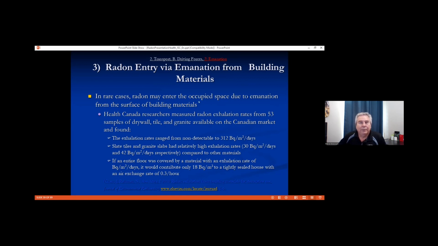So an example here, we have one home, 312. It was sitting on a granite countertop, and you did another test and it was low. So the granite countertop as such did not, I would say, contribute a lot to the levels of the home. In this case here, maybe only 18 becquerels per cubic meter. But when your instrument is sitting directly on the granite countertop or the mantle of the fireplace, it's getting it real close at that point. So it'll bias your readings.